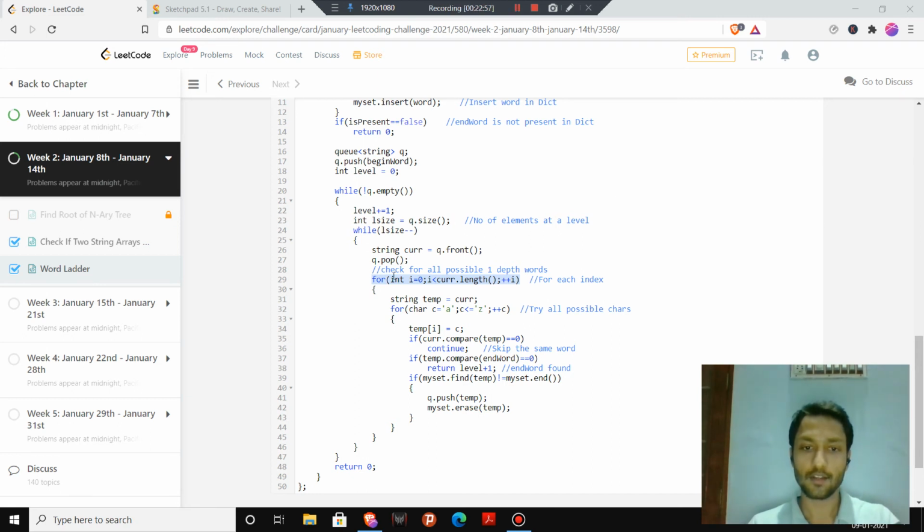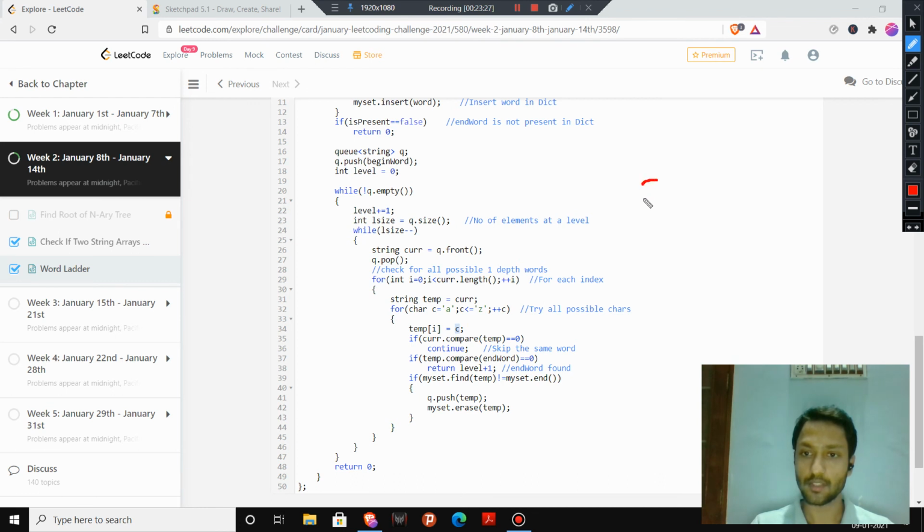Now we are iterating through the length of our word, and string temp is equal to cur. Okay, for char c equal to A to Z, c plus plus, temp[i] is equal to c, the letter which was present at that position. For example, if I am talking about ABC, let me explain it more clearly to you.